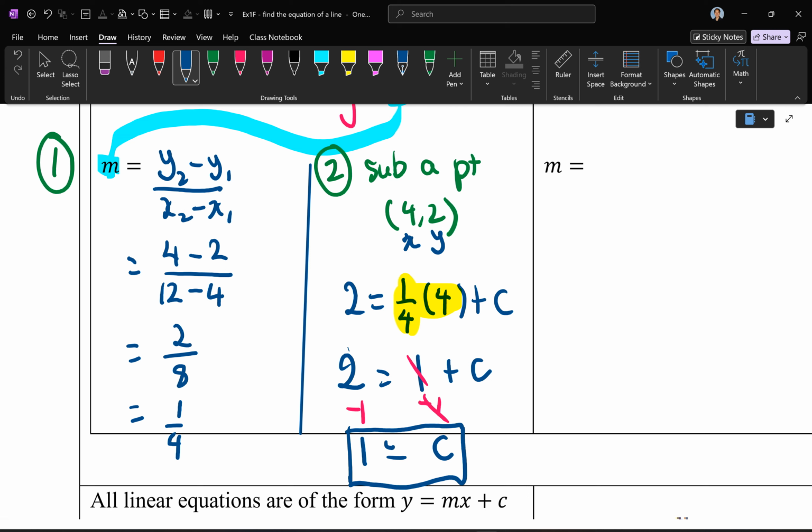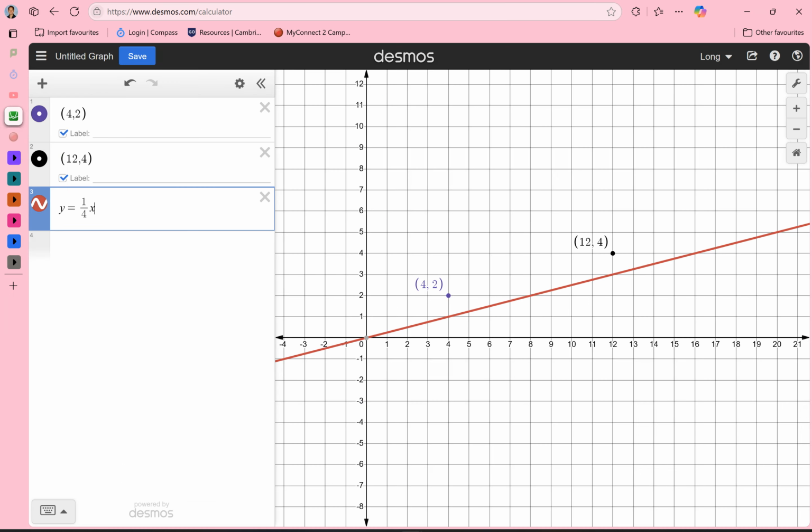Notice my layout, vertical layout. That's how you should be laying it all out. Every time you're solving, it should be a vertical layout. So what we figured out now is m is a quarter and c is 1. So your equation should be y equals a quarter x, and we said positive 1, and it does work. It crosses through those 2 points